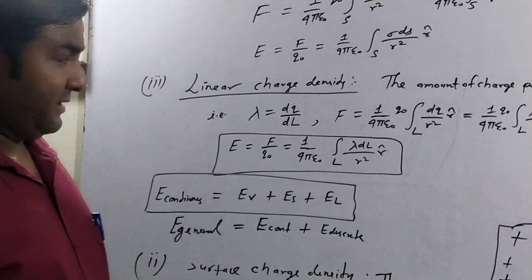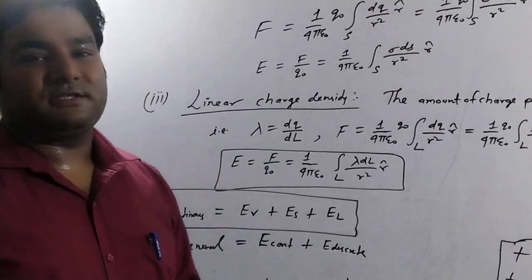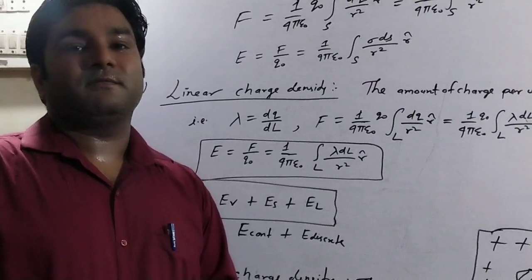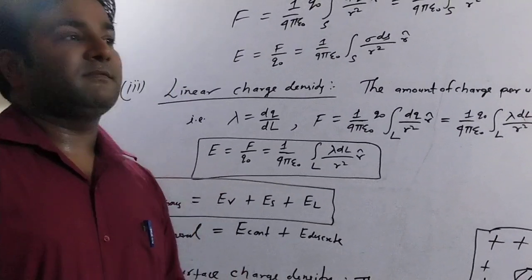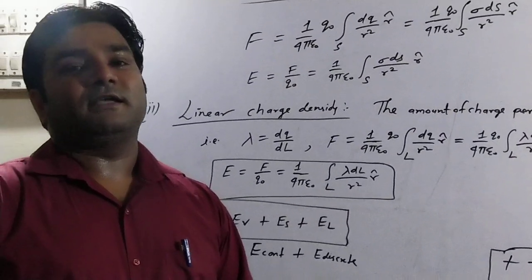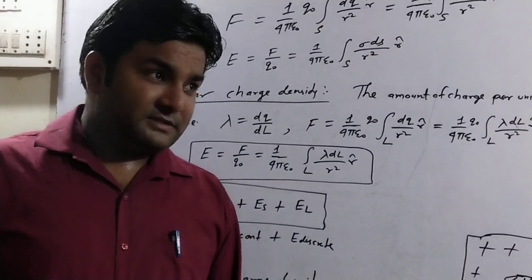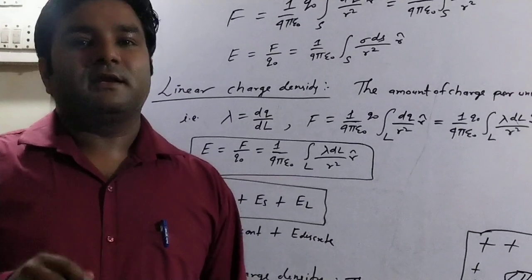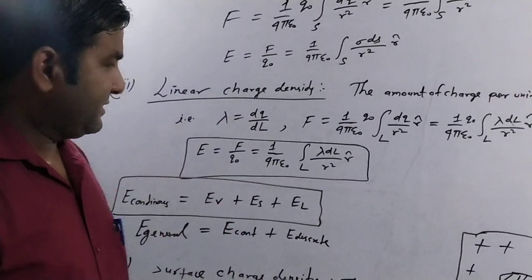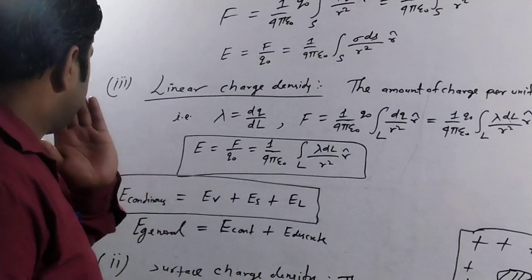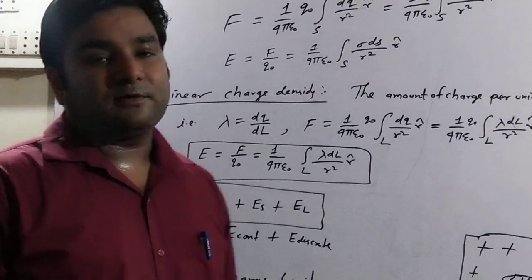With the help of these terms, we can calculate the intensity in general form, and then by using this charge density concept, we will study the application form of derivation of Gauss theorem in terms of a spherical shell, a linear infinite charge sheet, or infinite length. That is very easy. Whenever the charge density is known, you can calculate in a very simple way. So that's all for today. Thank you.